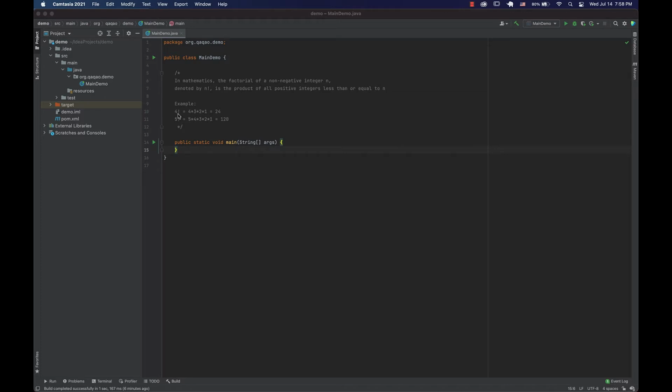So factorial of 4 would be 4 multiplied by 3 multiplied by 2 multiplied by 1, which results in 24. Same with 5, the result is 120. We've got two ways to calculate factorial, and if you were asked this question during your interview, consider yourself lucky, because you've got several ways to present a solution. So first of all, let's break into